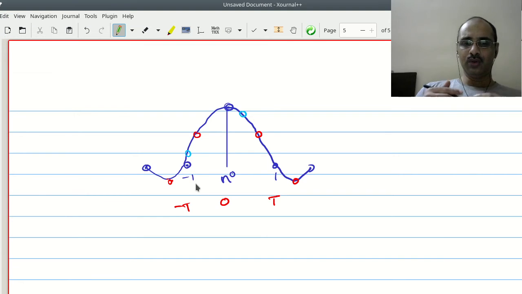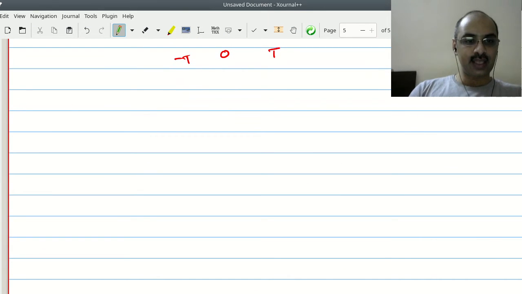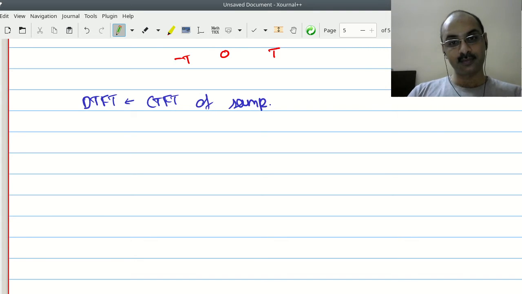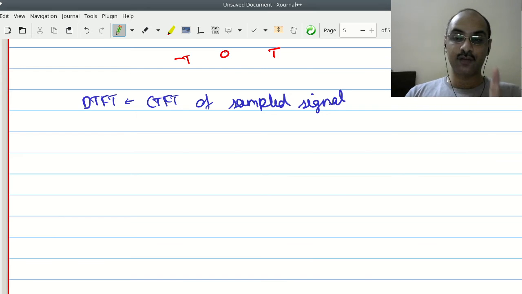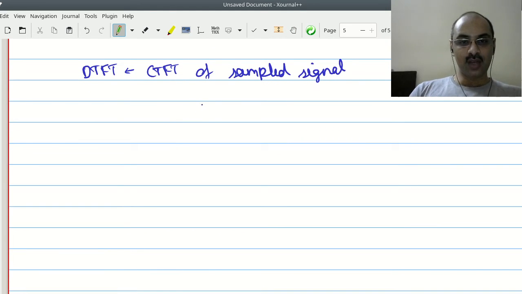Now, to actually believe that this is indeed the fractional delay, here is one way to look at it. If you look at the discrete time Fourier transform, remember what the discrete time Fourier transform is? It is the relabeled version of the continuous time Fourier transform of the sampled signal. Okay, great. So then, if you look at the continuous time Fourier transform,